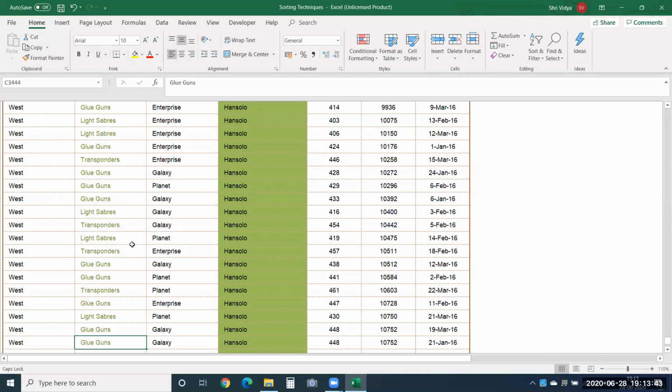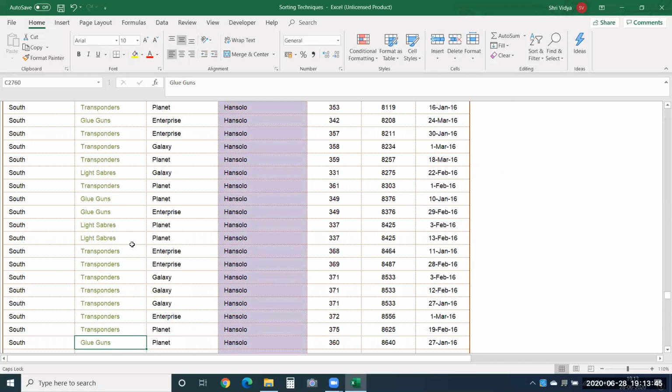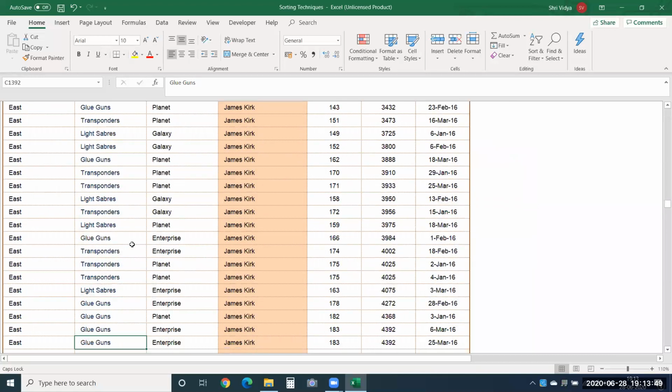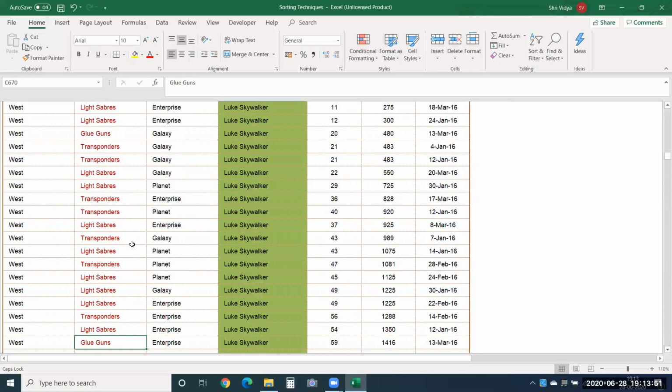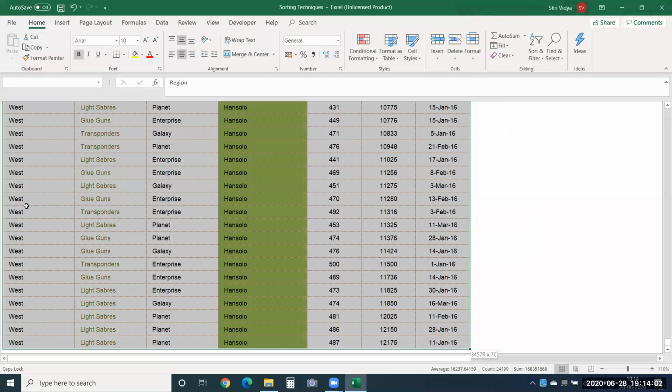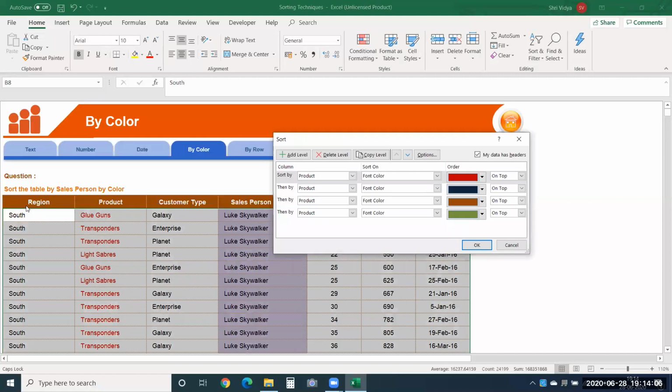So if you keep scrolling up, you will see brown, after black, then you see red. And that's how it will be arranged, if it is based on the font color. Now let me jumble it. I would like to sort based on the cell color. Let's say for that, I'll first jumble it. Currently it is all sorted.